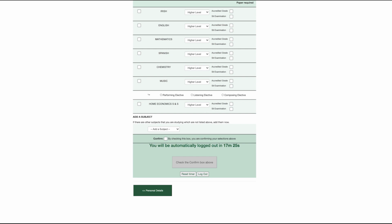There are 6 actions you'll be able to take by checking the boxes or selecting from the drop-down menus as appropriate. You'll be able to withdraw from a subject in which you had been entered for the Leaving Certificate, change the level of your subjects, add a subject not listed in which you are following a programme of study. Please also note that it will not be possible to add additional subjects after the portal closes on the 16th